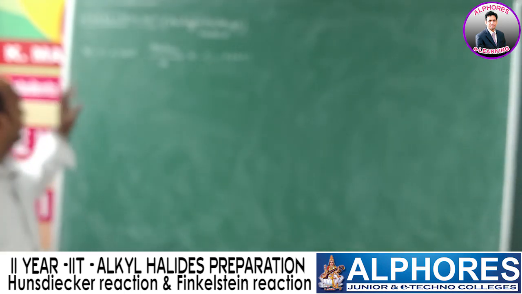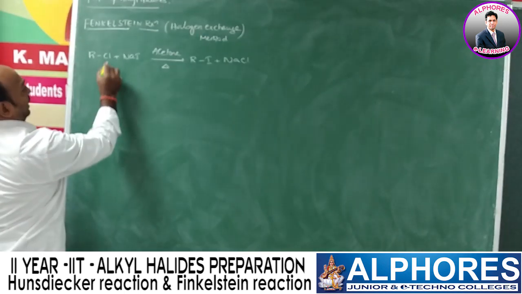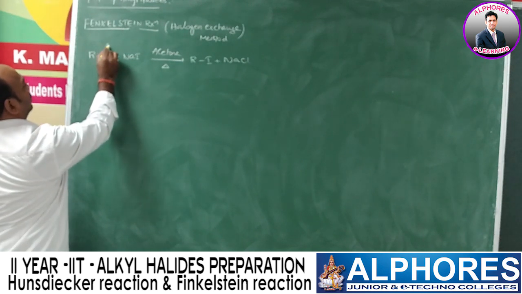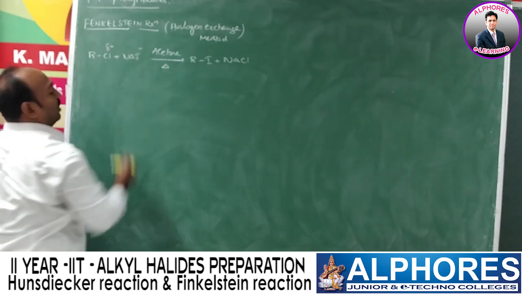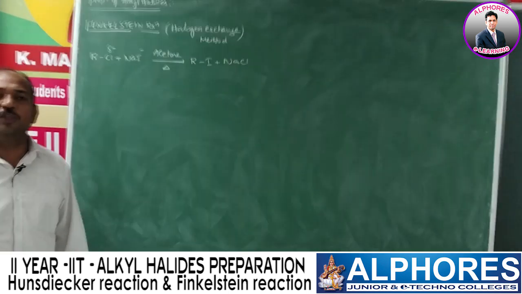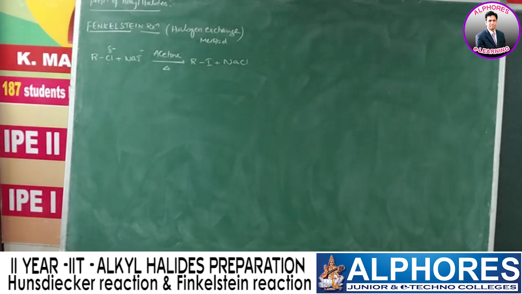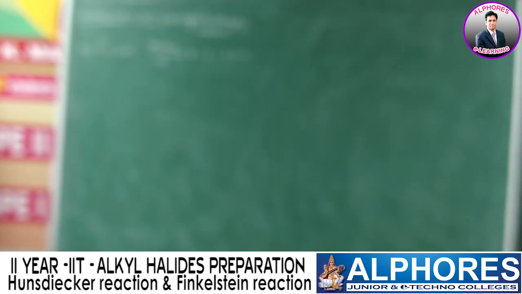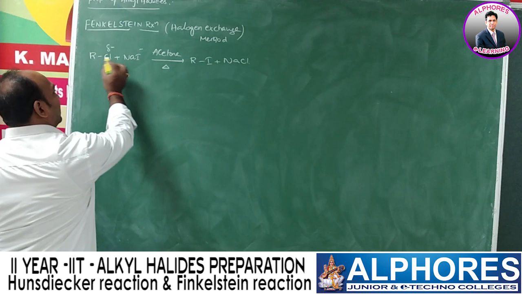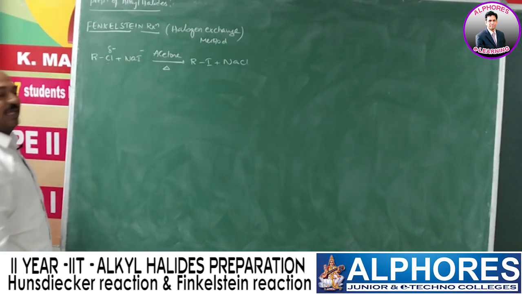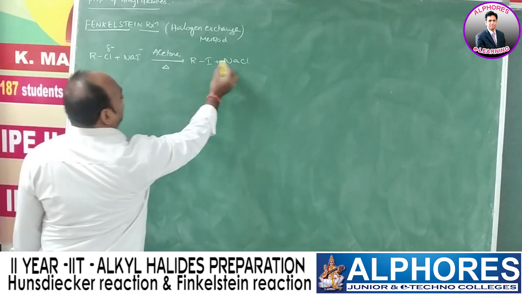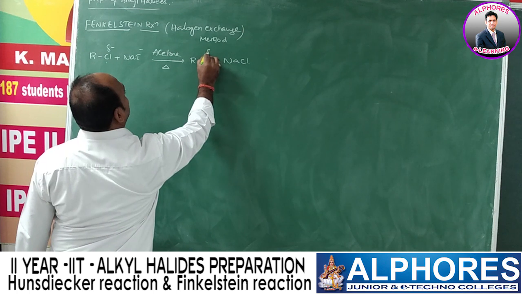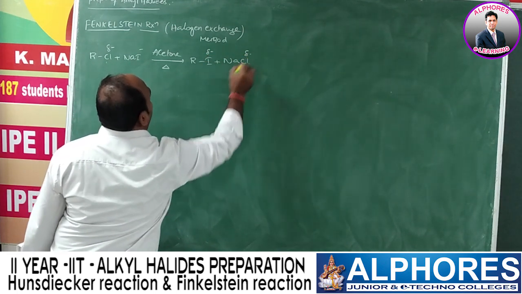If you observe this reaction clearly, Cl is displaced by I, meaning Cl comes out. In alkyl halide, the halogen is more electronegative, so it generally acts as a nucleophile. In NaI also, I minus acts as a nucleophile. So one nucleophile displaces another nucleophile. Now the question is, which nucleophile displaces which one? I minus displaces Cl minus. Here in the products we have alkyl iodide, I minus here, Cl minus here.